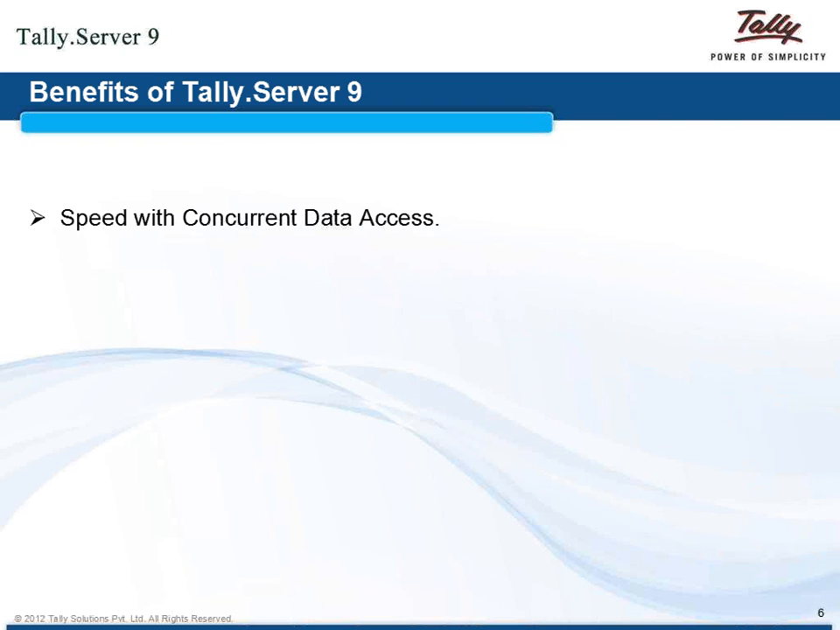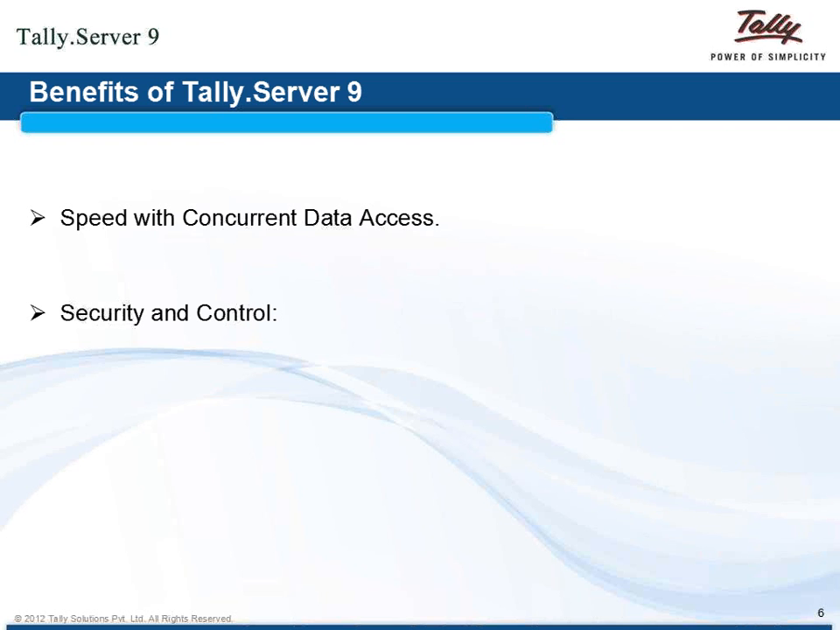Once the report is accessed by one user and it is closed, then it will allow the other users to perform other activities. But with this Tally Server 9, we get concurrent data access where the users can view a report, record a transaction, print the report or export the report, and perform multiple activities as such. Next,